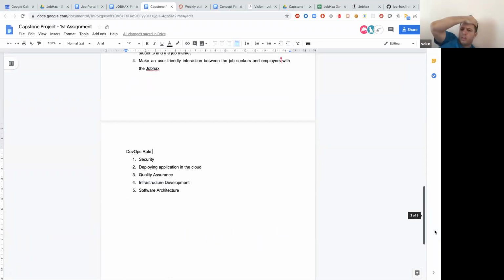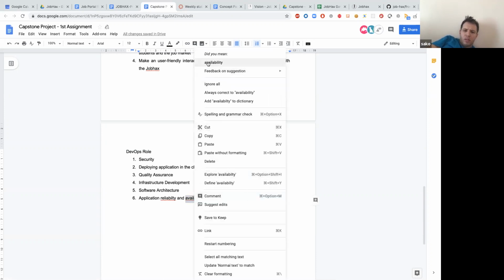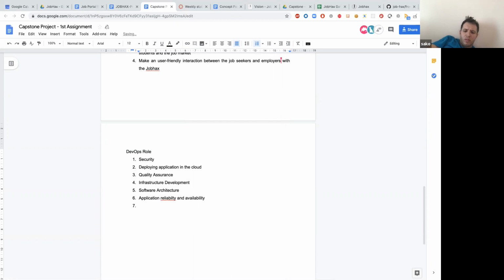Security, deploying an application, infrastructure, architecture. Let's see. Availability. Monitoring, logging, and alerting.